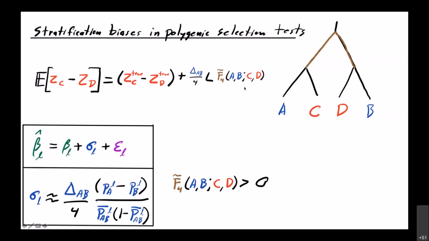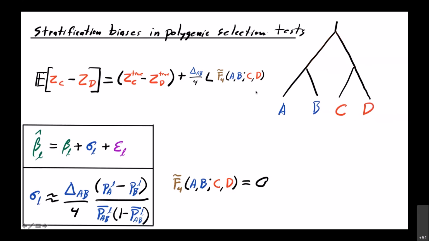If we do this GWAS and polygenic adaptation test with populations in this configuration, where A and B are on opposite sides of this deep split and C and D are also on opposite sides of this deep split, then this modified F4 statistic will be greater than 0, and we'll have non-zero bias in this test if we didn't control for structure